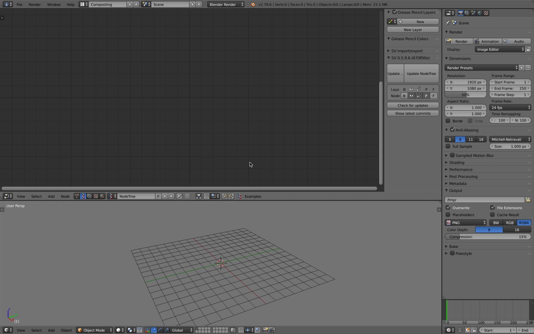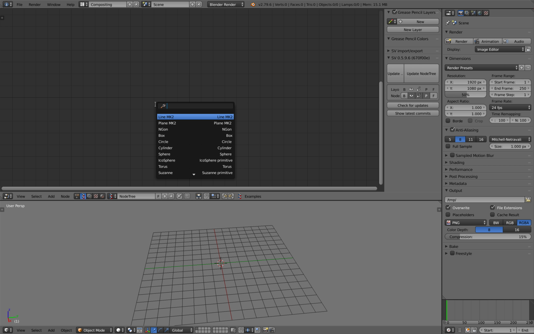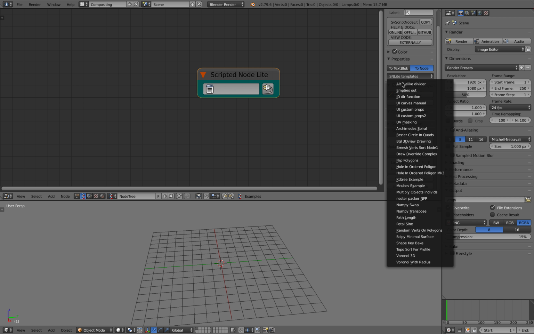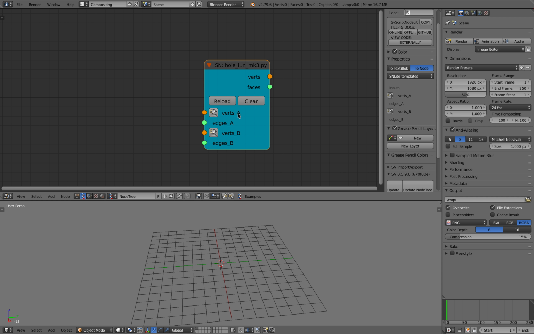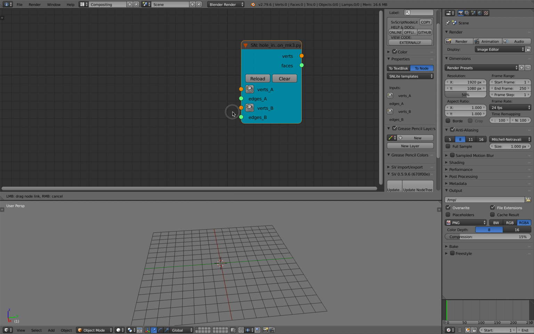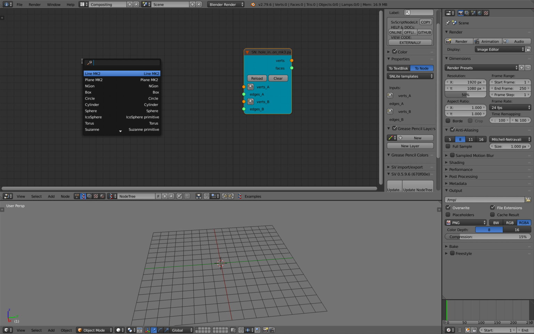So this is hole on poly advanced, and we will be using the script node light, and there's a special script node called Holes in Ordered Polygon MK3. So this is very cool. You basically need to provide two polygon shapes. This one's gonna be the circle, and this one's gonna be any shape. So I will just use a cylinder,